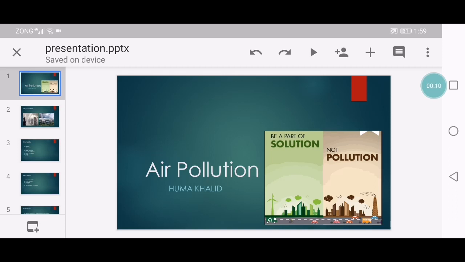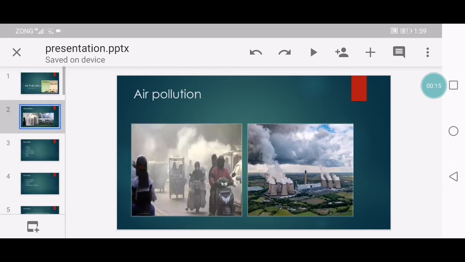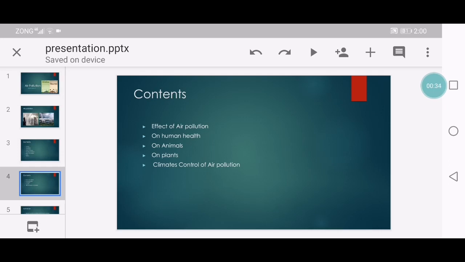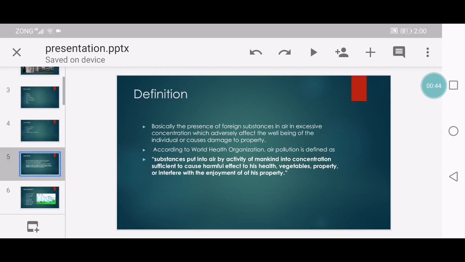And today my presentation topic is air pollution. Let's have a look at contents. First of all, I will discuss the definition, then air pollutants classification, primary air pollution, secondary air pollution, sources of air pollution, gases, particles, then the effect of air pollution on human health, animals and plants, and then climate control of air pollution. Definition: